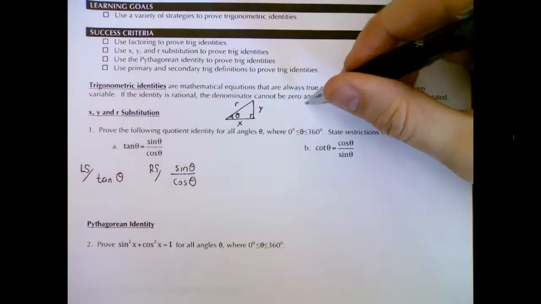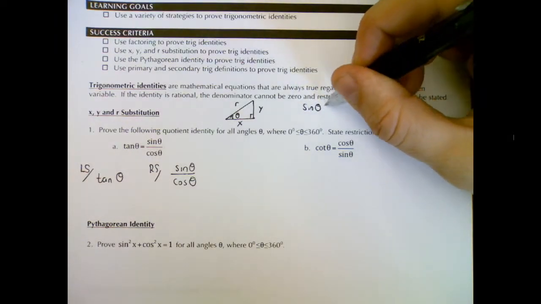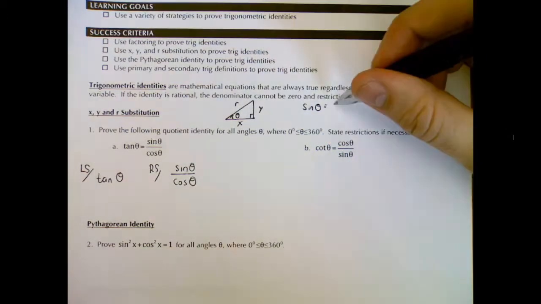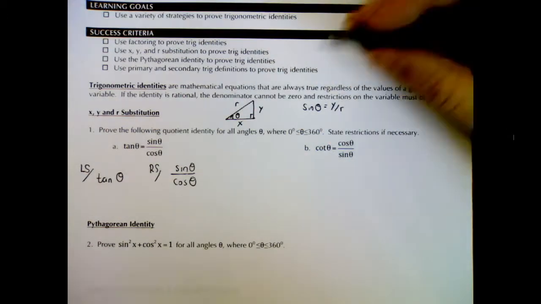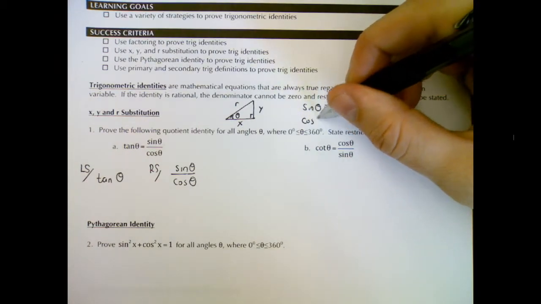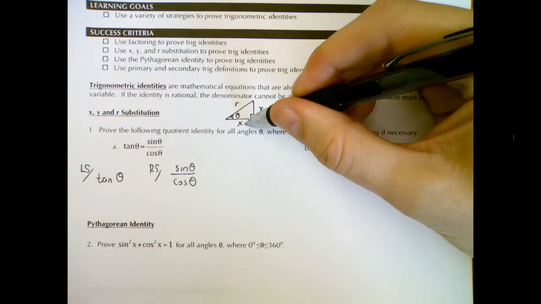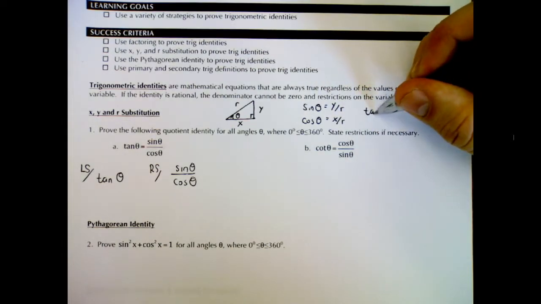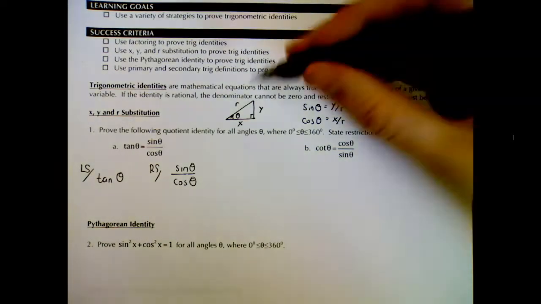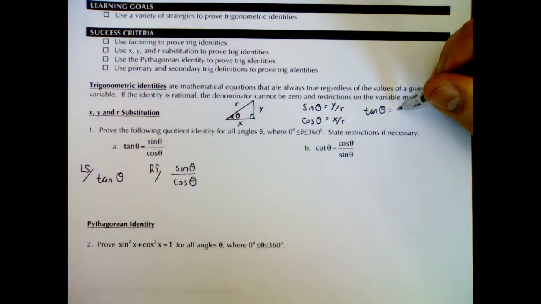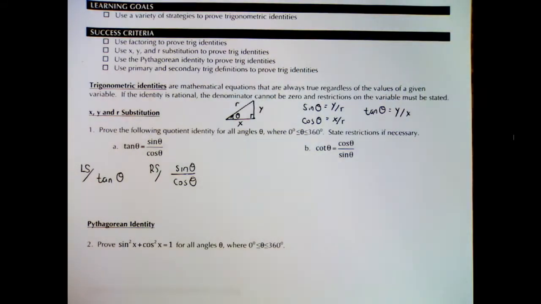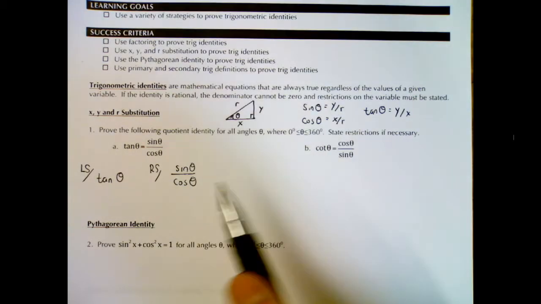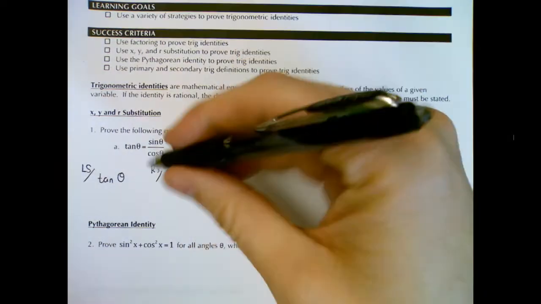So if we're talking about sine theta, it would be opposite y over hypotenuse r. And cos theta would be adjacent x over hypotenuse r. And tan theta would be opposite y over adjacent x. So we're going to use these equations